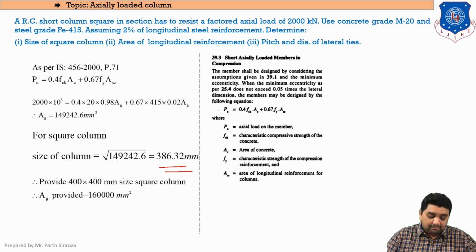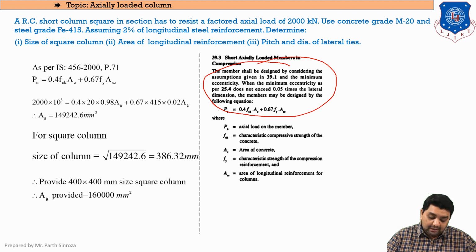Clear? So it is better to round it off to a whole number, that is in the terms of 50s. So here we have provided a column of size 400 cross 400. So this was the AG that was required, and after increasing the size, this is the AG that we have provided. Clear? So this is the AG that we'll be dealing with. So AG provided comes out to be this value,